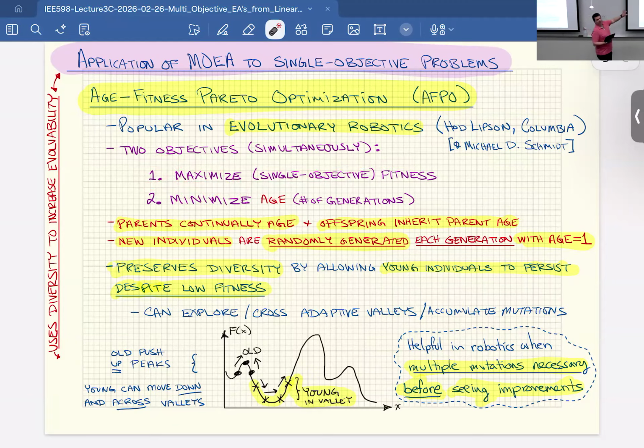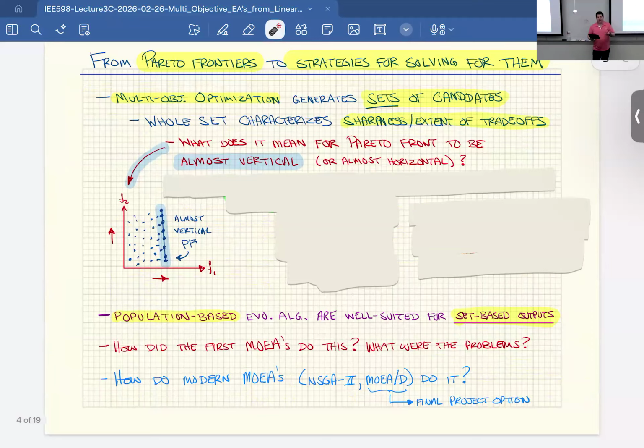All right, so that's AFPO, just an example. I think this will become more clear as we start seeing the actual algorithms used behind the scenes to make these multi-objective ones work. But just as an aspirational goal. Okay, so basically, before we jump into the first algorithm, just kind of wrapping up,